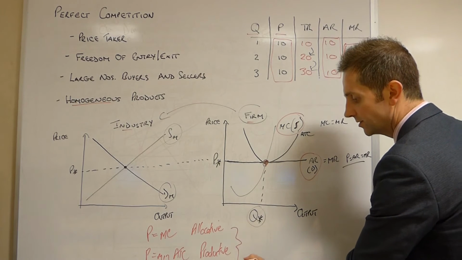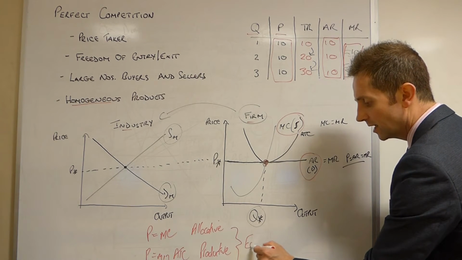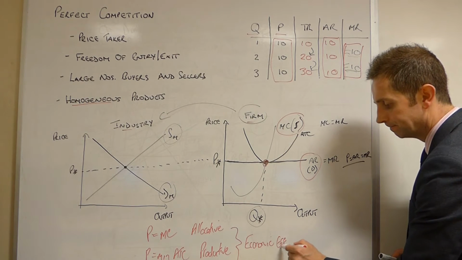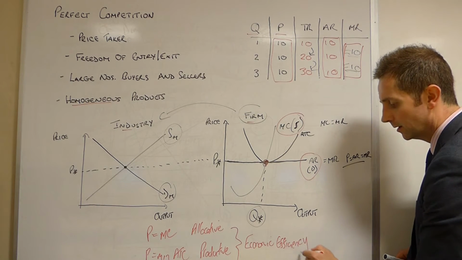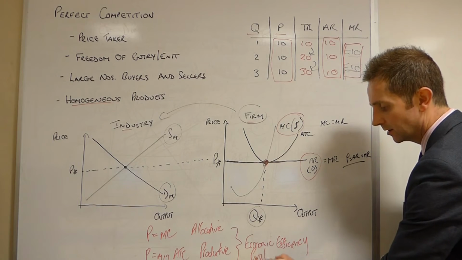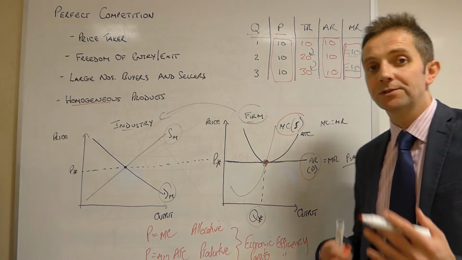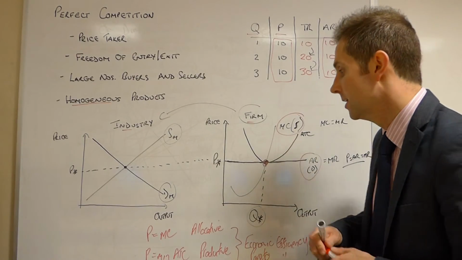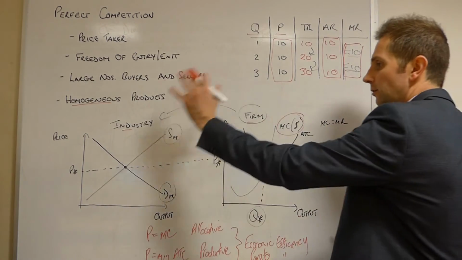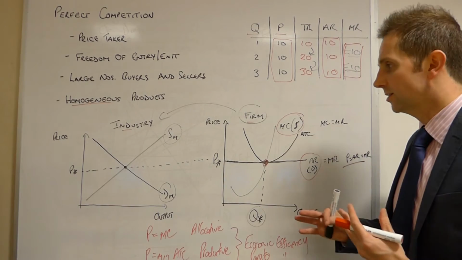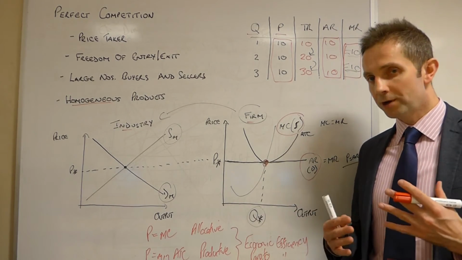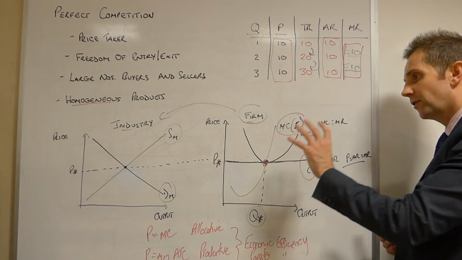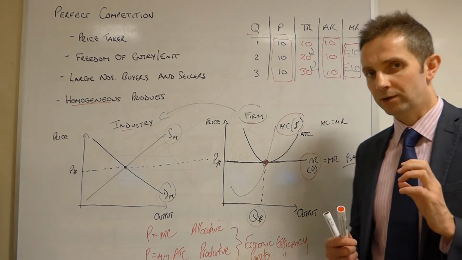Now you know, of course, that if you've got both of those, you can say that that's known as economic efficiency, or as we've sometimes referred to it in the past, Pareto efficiency, after the famous economist Vilfredo Pareto. So this diagram summarizes very concisely for us the long-run equilibrium position, and I guess the only other important thing to note here is that the firm is making normal profit.